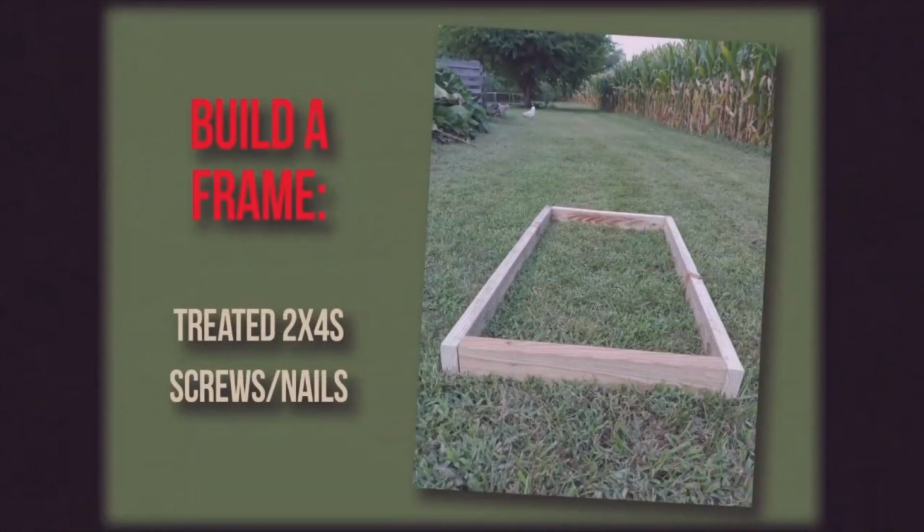Another great and simple addition to your chicken run is a forage box. This will provide your chickens with food during growing season while preventing them from tearing out the root in the plants. To build a forage box, make a simple frame from treated 2x4s and nails or screws to fit a